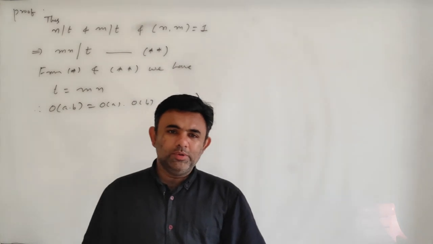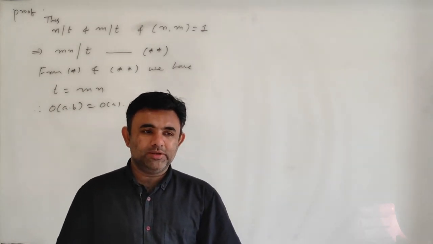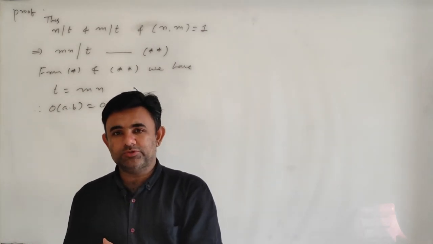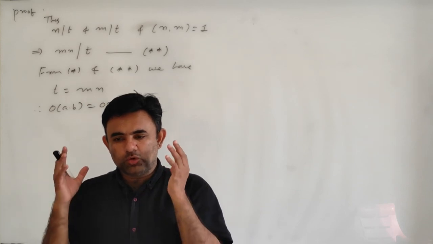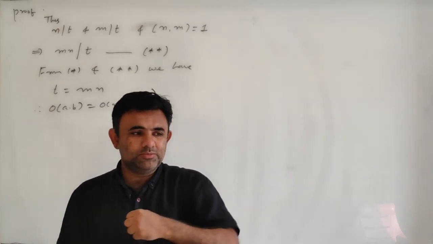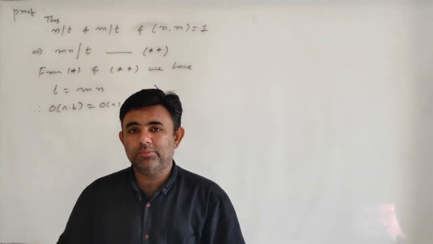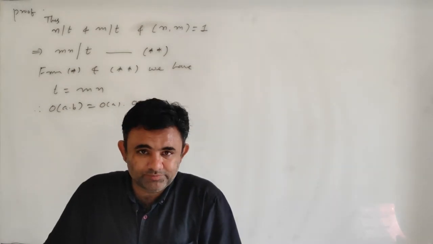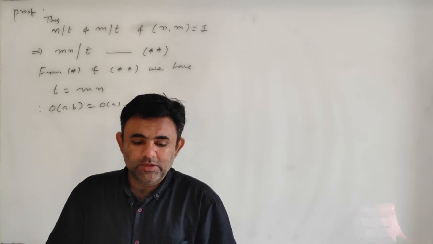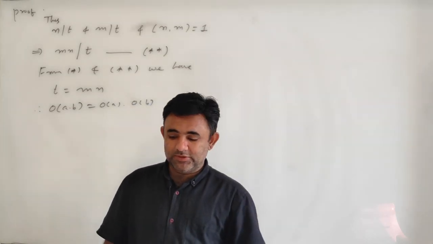For abelian, what do we have? A group is abelian if AB equal to BA for all A, B belonging to G. But if I do not have this information, but I have some other information, then can I claim that AB equal to BA for all A, B belonging to G? Then it will be a big thing. So let us consider this type of example.